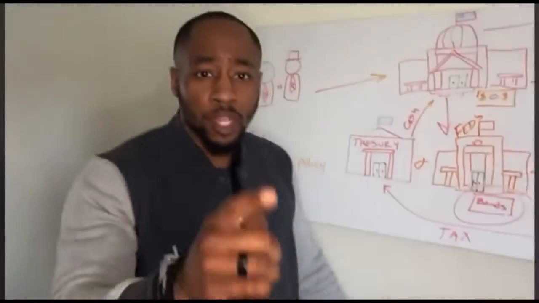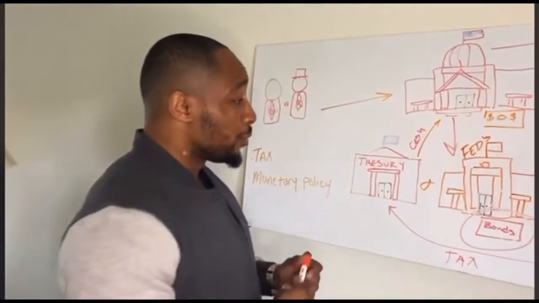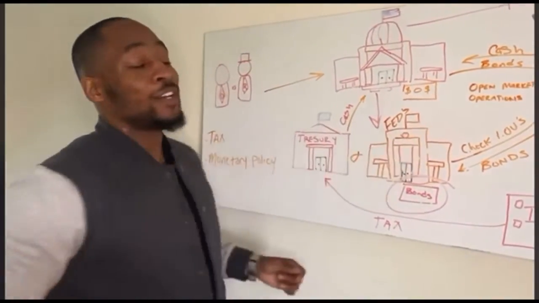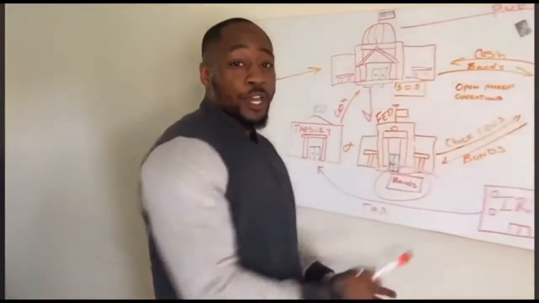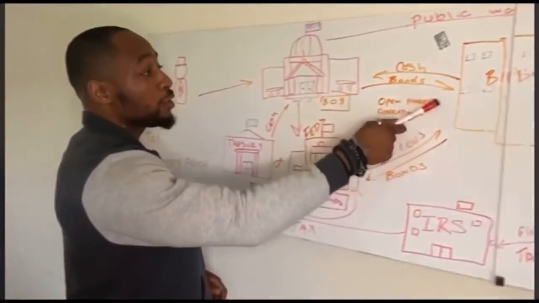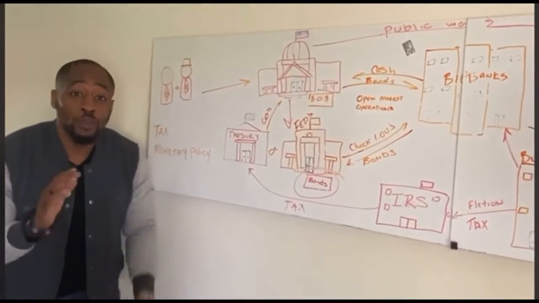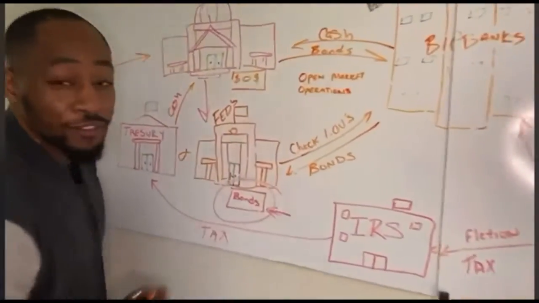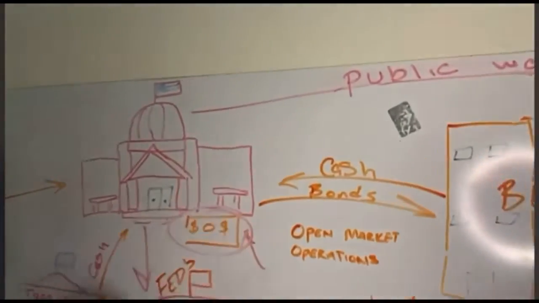But here's the thing: where did the banks get the money to do it? Well, either through the interest they're already earning from consumer accounts, or they hit up the Fed. The Fed writes checks or puts zeros into these banks' accounts, which they then use to buy more bonds from the government. So you end up with a ton of bonds piling up at the Fed, and a ton of cash piling up at the government.